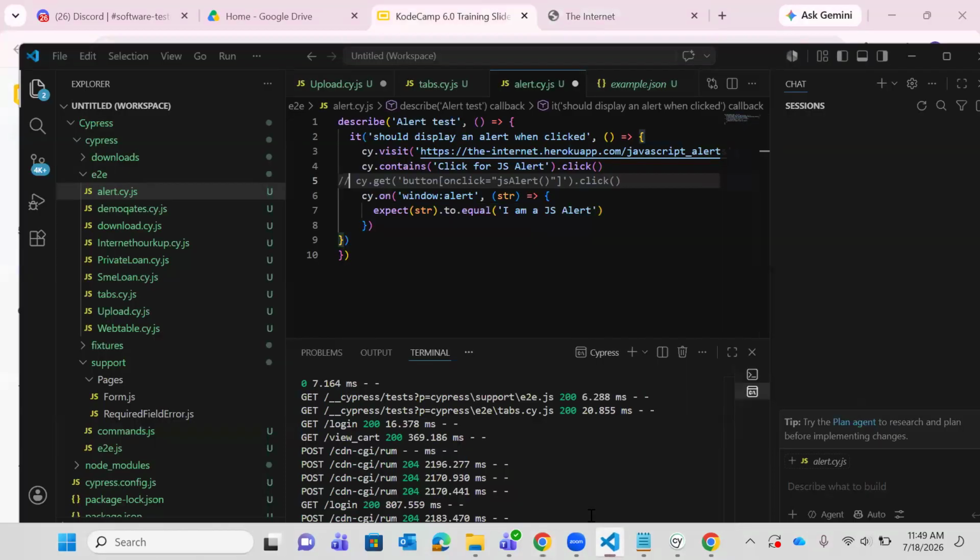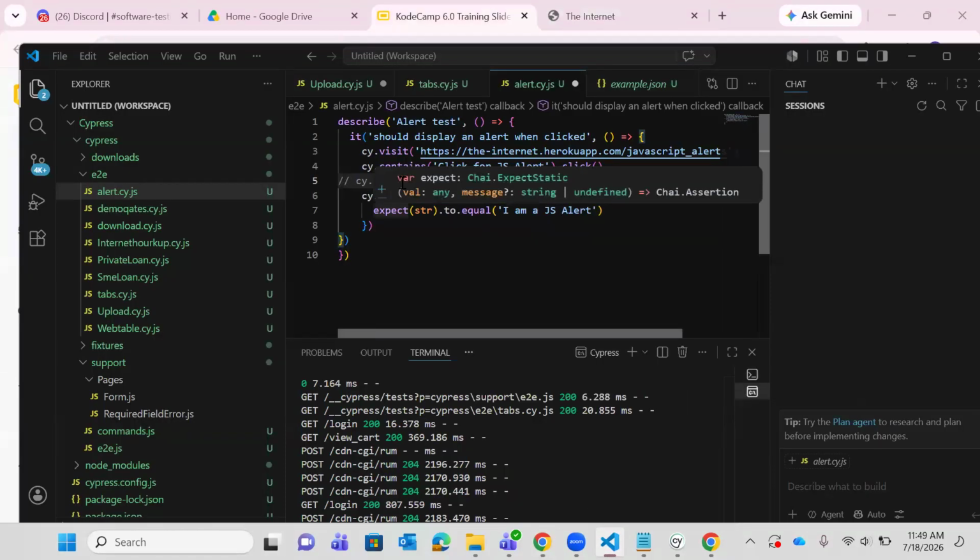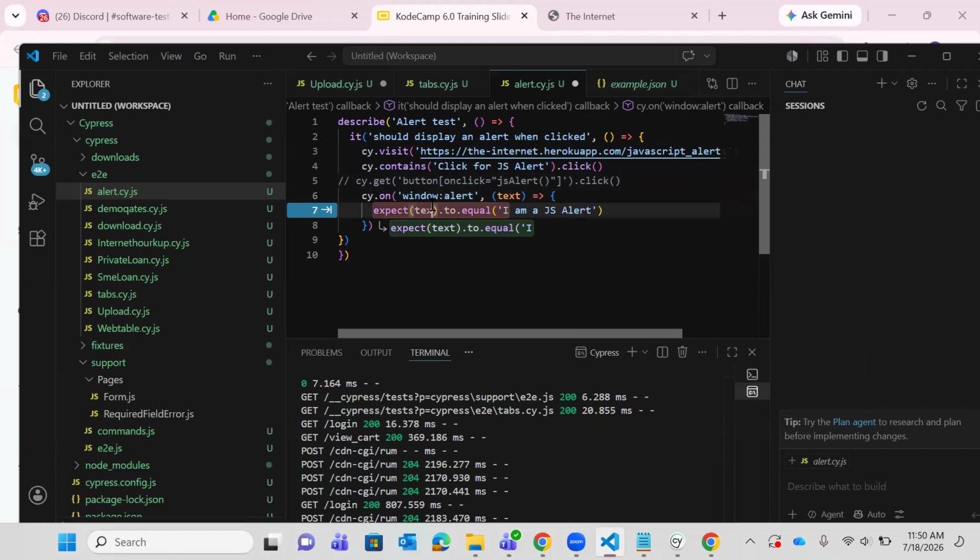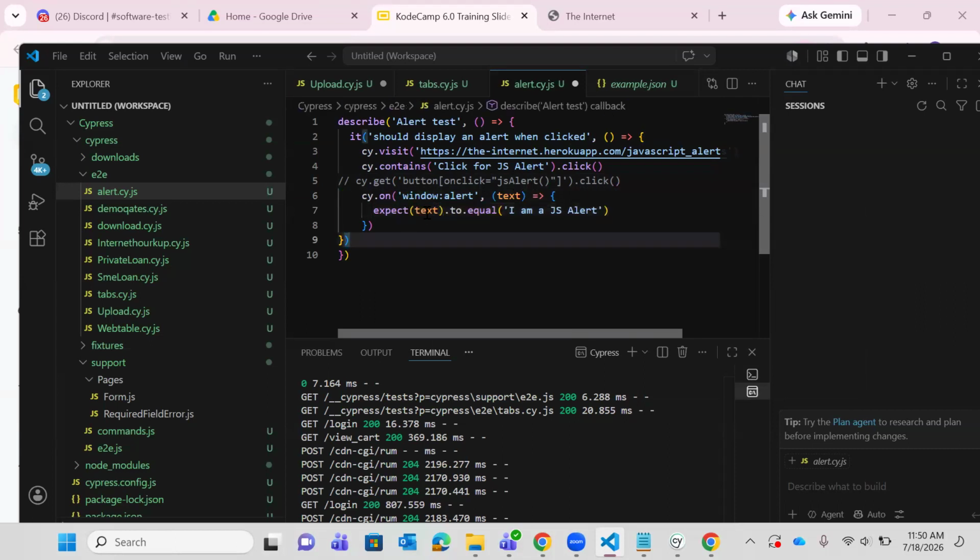Yeah. So this window alert, cy.on window alert. We have our text here. This can be any. This is going to be our text, right? We can make this my text or anything. Expect text. So this is our test. Expect text to equal 'I am alert'. So